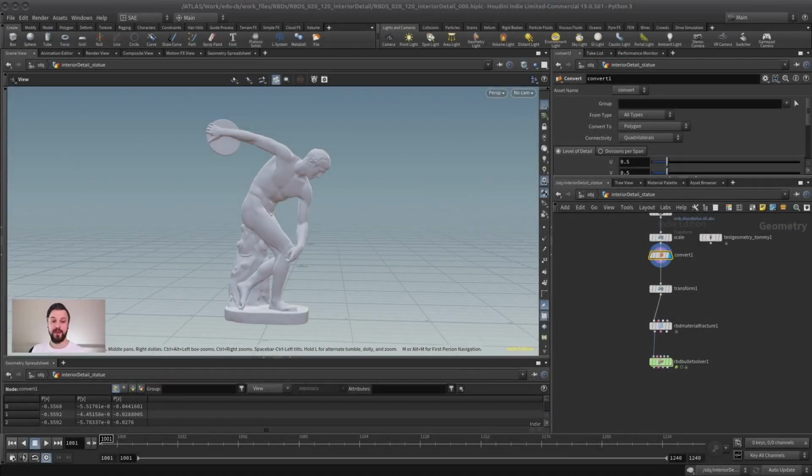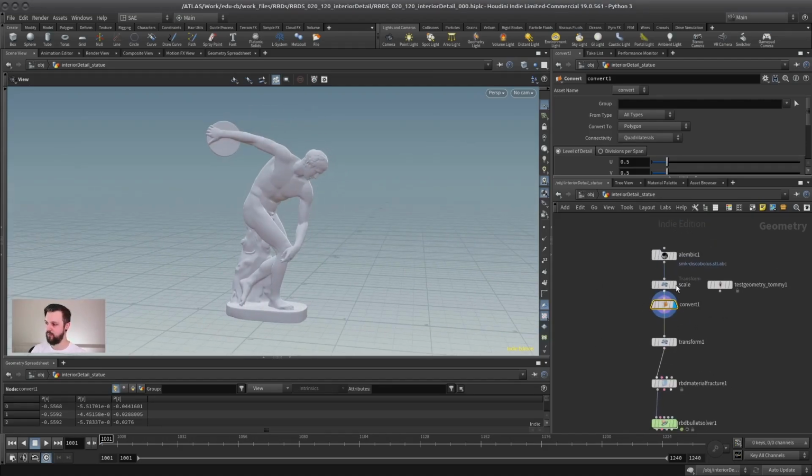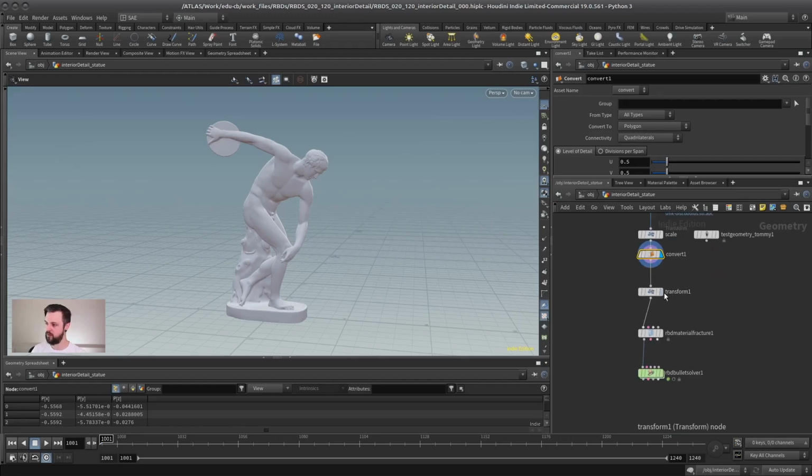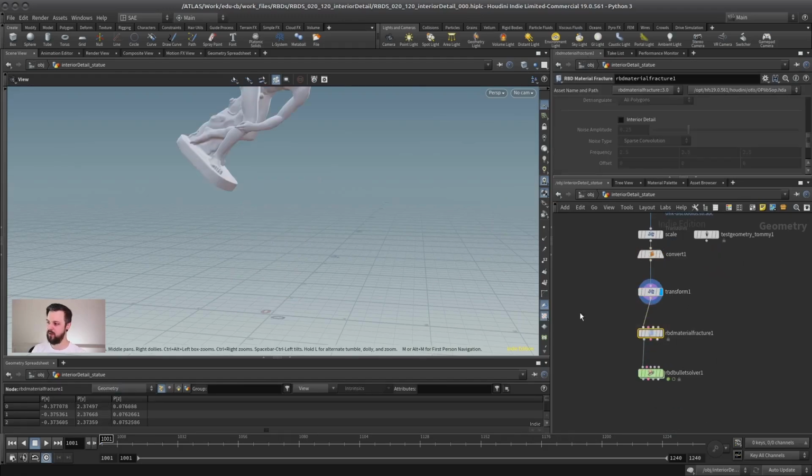Hey everyone! In the last couple of videos we mainly looked at how to break things up, but in this video we want to talk about how the pieces that we create actually look, or how we add detail to them. Because if we take this sculpture here, for example, and of course I converted it from an Alembic and scaled it properly relative to a Tommy as usual, and I move it up, and with an RBD material